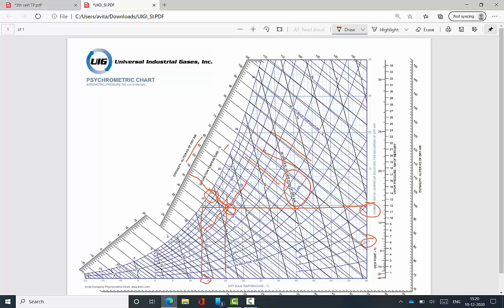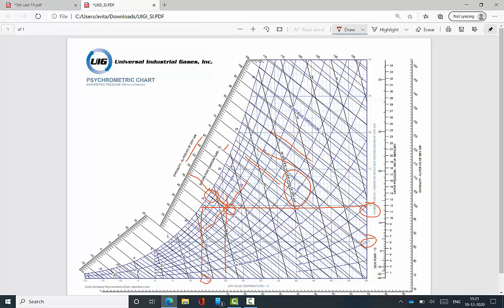This is the second example. The first and second examples are the same, but the input data are different. In the first example, dry bulb temperature and wet bulb temperature are given, but in the second example, dry bulb temperature and relative humidity are given. With the help of these two values, I can find that location, and from that location, I draw other lines. Those other lines show the unknown values. This is the problem